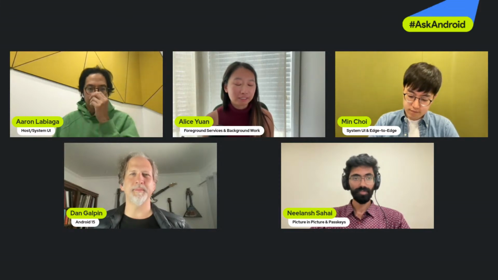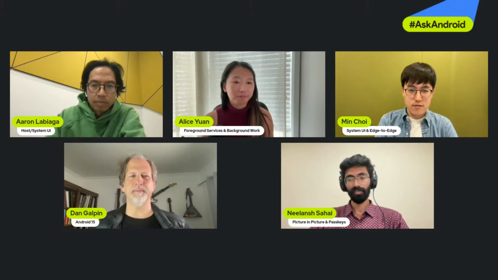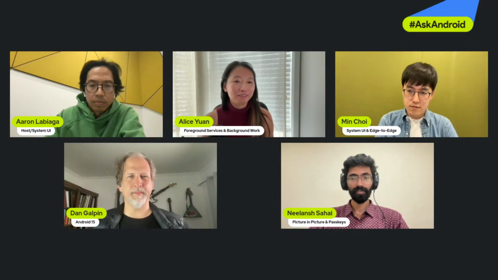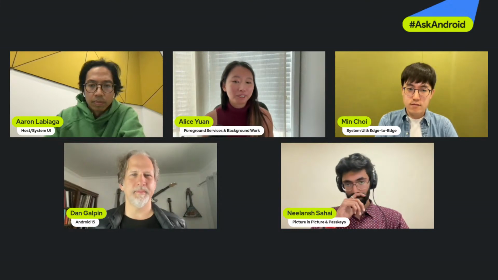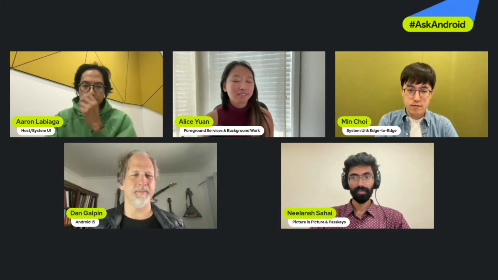So there is a change with system alert window where if you are using this permission to run a foreground service as an exemption when starting a foreground service from the background, there will be an additional enforcement where you have to have the system alert window, the overlay window, visible before you start the foreground service. This should probably make sense to a lot of users as to why we want to do that, just to make sure that you're not taking advantage of this exemption. But if the visible window is not visible, it will throw a foreground service not